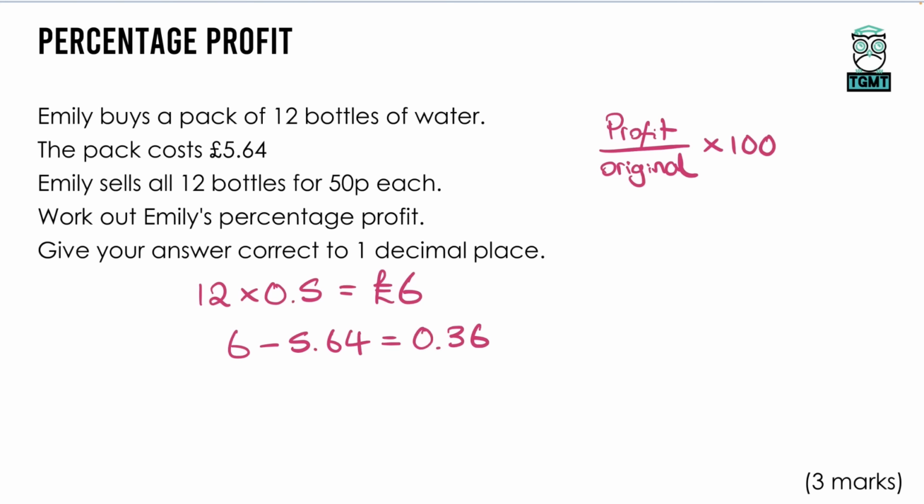It's up to you whether you keep it in pence or convert it all into pounds, but I've got it in pounds. So I've got the profit, 0.36, over the original, £5.64, and I just want to multiply that by 100, just so that turns it into a percentage for me. 0.36 over £5.64. I'm going to press times 100 straight away, just to make sure it's not within the fraction there. And there we go, it comes out as